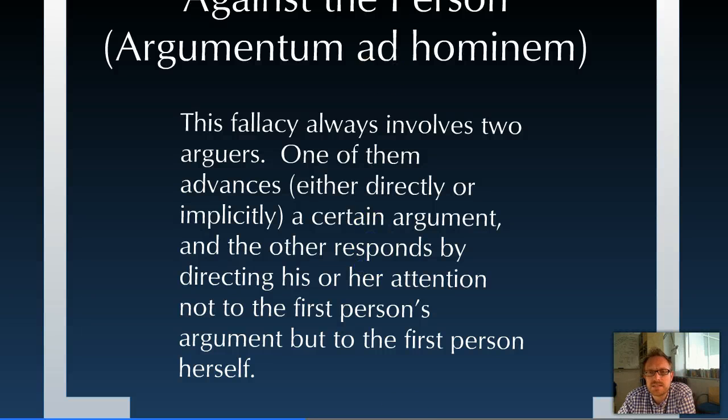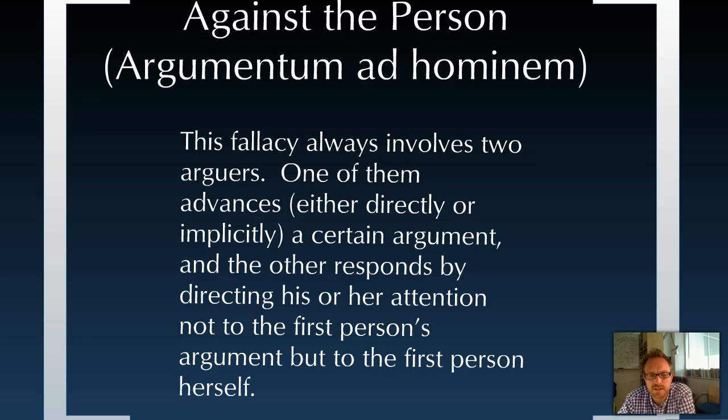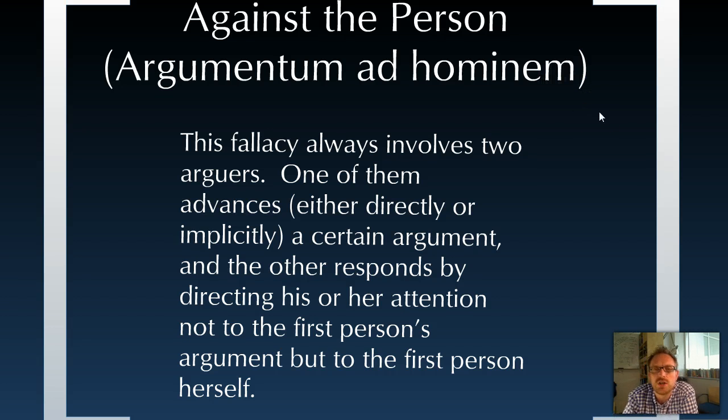Okay, let's see here if I can move this up here. Okay, there we go. This argument is called against the person, and this is a very frequent argument. It's very easy to spot, though. It's called the argumentum ad hominem. Usually we just call it the ad hominem fallacy, and it generally involves two arguers, or at least